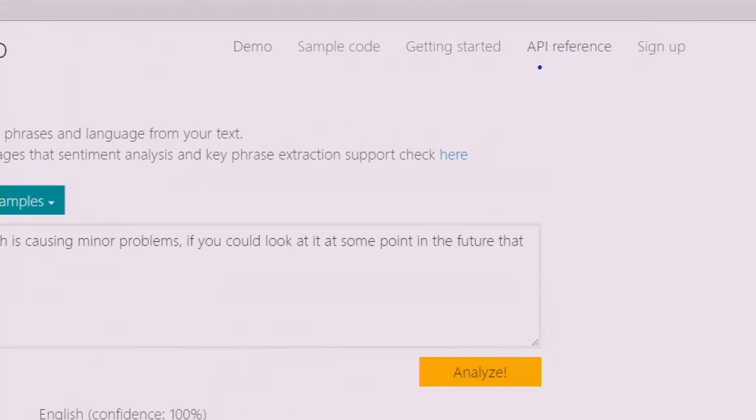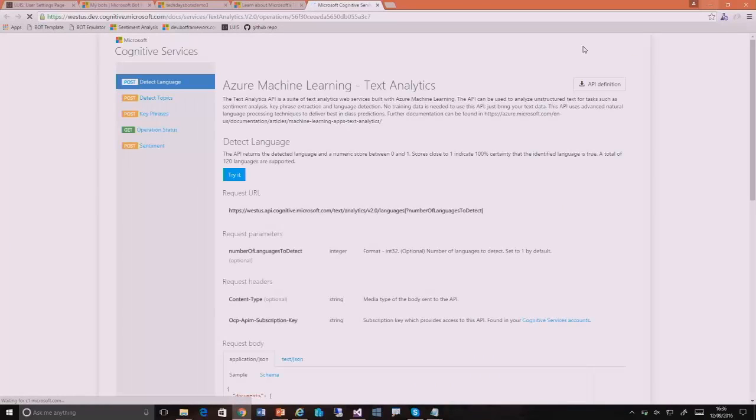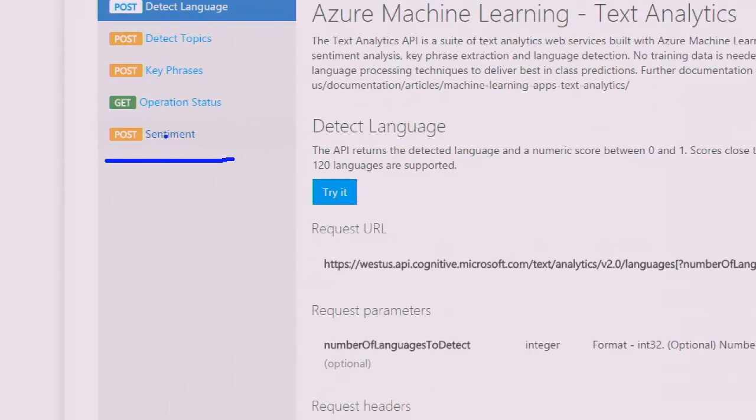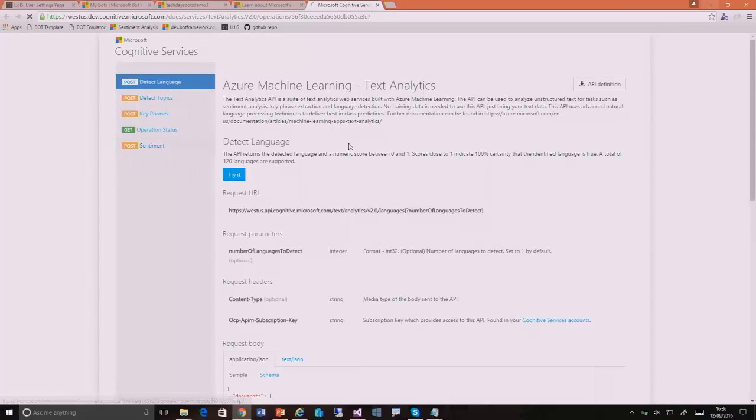So we've tried this out, and we know text analytics is going to add value to our application. So how do we implement it? We've got a link to the API up here. If I just click on this, it will take me to an interface documentation page. On the left-hand side, we've got a POST for sentiment. If I just click on that,